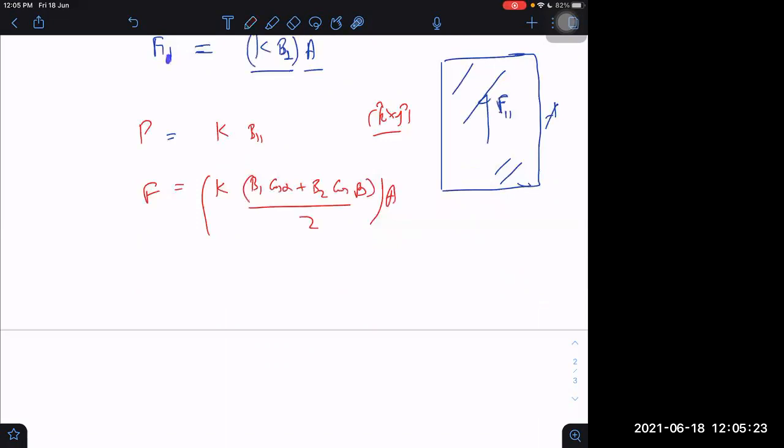These forces are perpendicular to each other. This one and this one are perpendicular to each other. Although it is also parallel to the sheet only, I think. Is it? No, it is perpendicular to the sheet. So what is the net force? The net force will be the root of f perpendicular square plus f parallel square. That is f. Let us find it out. k square a square, whole into, what is remaining inside? Inside we are getting b perpendicular square plus b parallel square, right?